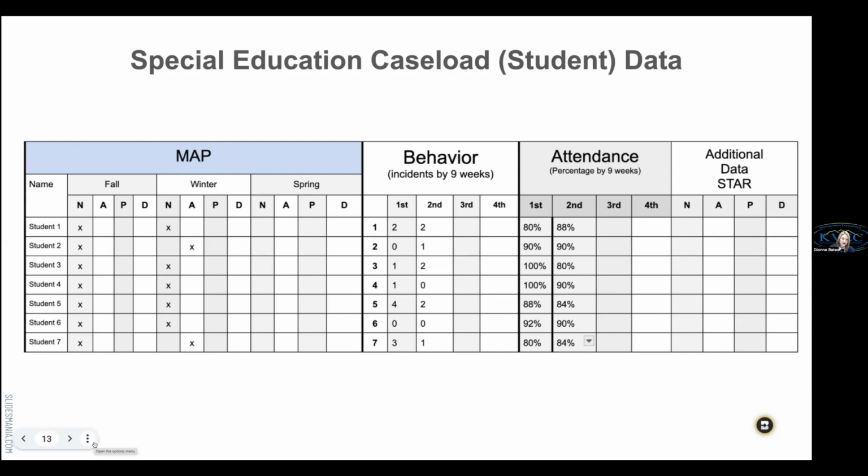When you look at the data, the special ed teacher, or the teachers in those teaching teams, like you were talking about, Nikki, as you revisit it, we're going to drill down even further from that school level data to that caseload data. The special education teachers are looking at how their students with disabilities are performing. I just named them student 1 through 7, but they look at each student and their fall MAP. This is data an actual teacher shared with us. So looking at students 1 through 7, what do you notice about their fall benchmark data? This was a 6th grade group.